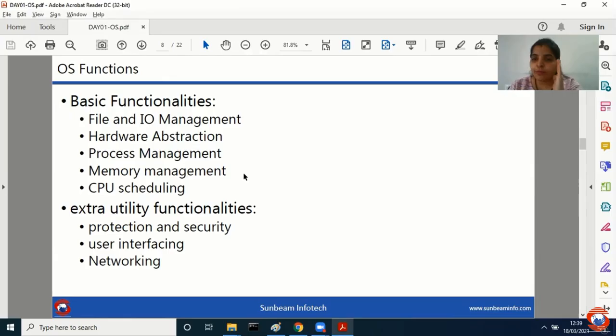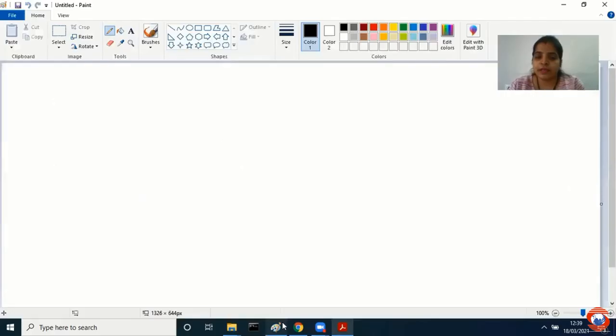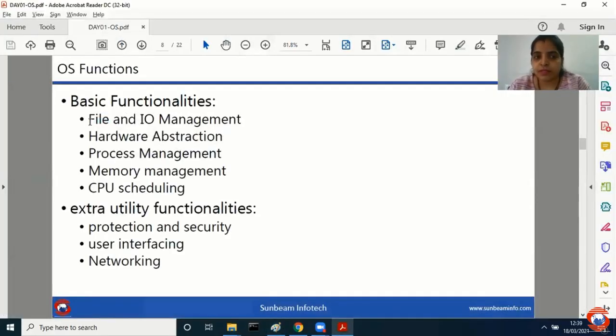That means it is the job of the OS to maintain where I have left the last process. It will keep it intact there, and if you go to Paint, it will bring you from Paint. This is called as process management. There can be multiple number of processes which get executed in your machine, and those are called as process management. We will see how the process gets executed, what actually gets generated whenever you are working with process, what are the different algorithms of process, that we will see in detail, maybe in tomorrow's class.